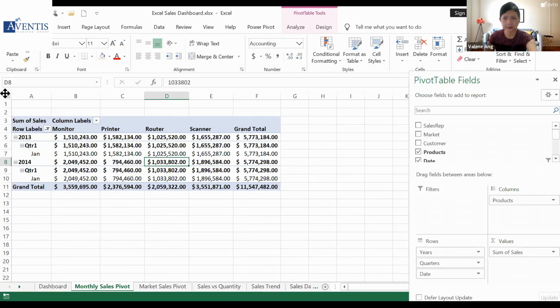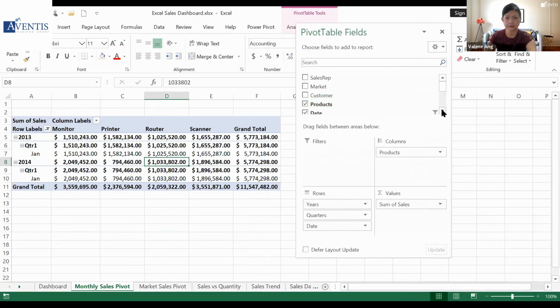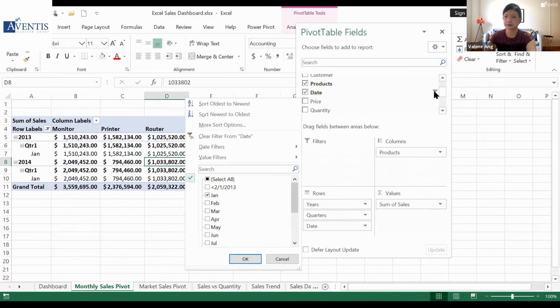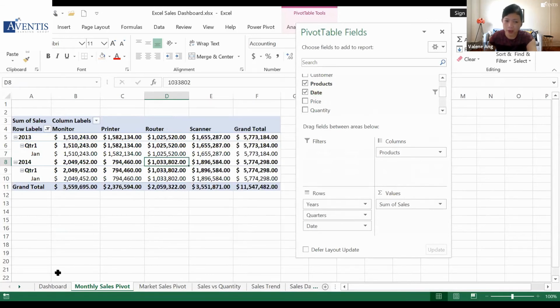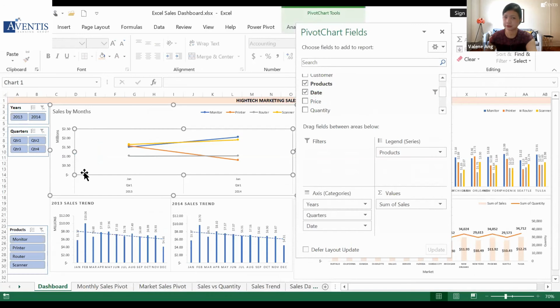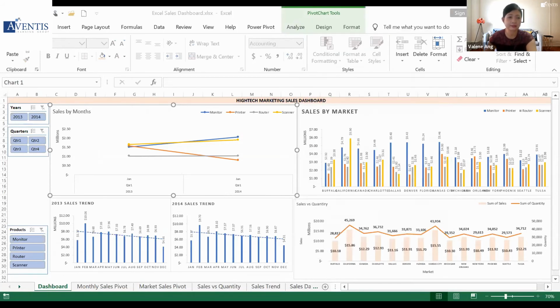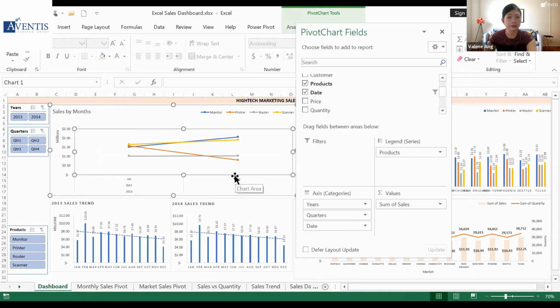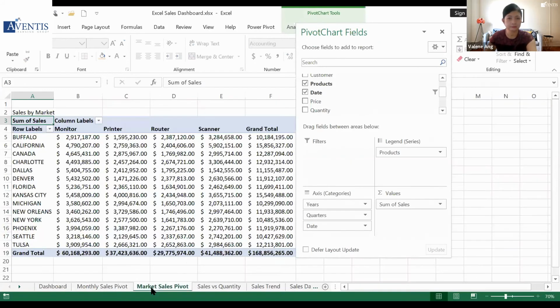now bear in mind, on your field list, the filter is still there. This is the reason why you don't get it updated here, even though you remove the slicer. So a lot of users have issues when they deal with the slicer filters. So what you can do is go back to your pivot tables,